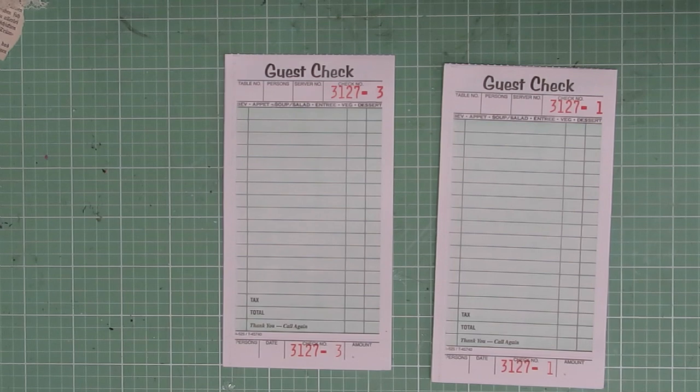And today I'm here continuing to work on the hashtag Little Bits of Lace 2024 challenge started by Cori Dahmen. I do have Cori's video listed below in my description box, along with all of my previous episodes on this subject. I've been coming up with lots of ideas on how to use up little bits of lace in our junk journals. And I'm getting close to being done, mainly because my journal is getting very full, my lace idea journal. But I had a couple more videos that I wanted to do before I